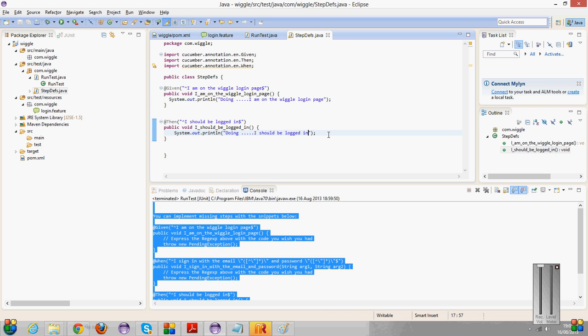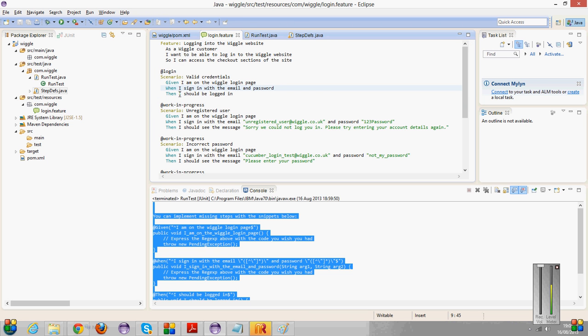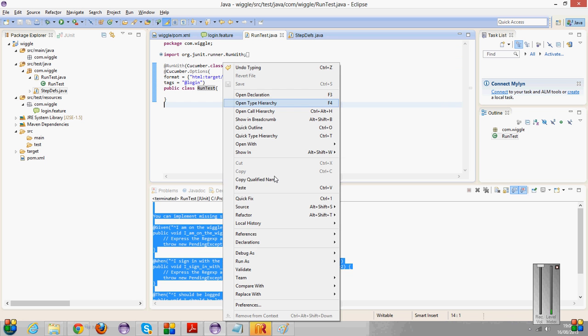Yes, so still it will run, because it will run the test. It will run only two steps, but the third step doesn't have the corresponding method. So it will actually give code for one step, and the two steps it will execute. Now it won't find the second line. It found the first and the last line, but it won't find the second line. So it will generate new code, yes. Okay, so if I run it,